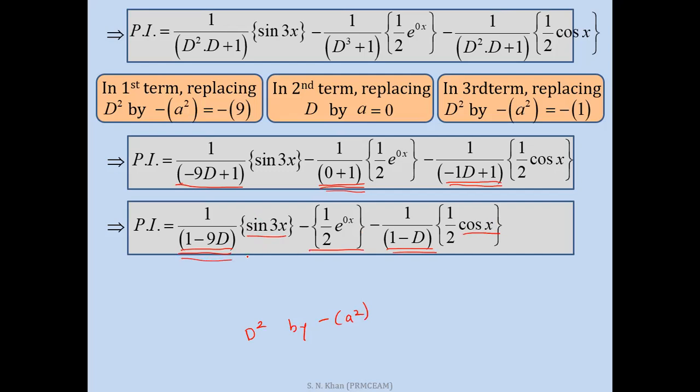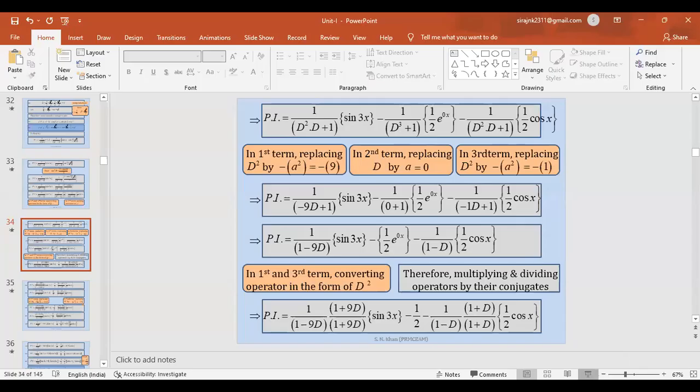और D स्क्वायर का टर्म तो यहाँ पे है ही नहीं। वी आर हैविंग 1 माइनस 9D एंड हियर वी आर हैविंग 1 माइनस D। तो D स्क्वायर का टर्म अगर नहीं है तो हमें D स्क्वायर में इसे कन्वर्ट करना होगा, बिकॉज द ओनली वे टू गेट द सॉल्यूशन इज रिप्लेस D स्क्वायर बाय माइनस ऑफ ए स्क्वायर। केस नंबर 2 अप्लाई करना है तो हमें D स्क्वायर को ही रिप्लेस करना है। अभी यहाँ पे D स्क्वायर का टर्म नहीं है तो फिर हमें D स्क्वायर का टर्म क्रिएट करना होगा। वी हैव टू कन्वर्ट दिस ऑपरेटर इन द फॉर्म ऑफ D स्क्वायर। जो 1 माइनस 9D लिखा है इससे D स्क्वायर के फॉर्मेट में कन्वर्ट करना होगा। 1 माइनस D लिखा है इसे भी D स्क्वायर के फॉर्मेट में कन्वर्ट करना होगा। एंड हाउ वी विल कन्वर्ट इट इन द फॉर्म ऑफ D स्क्वायर, फॉर दैट